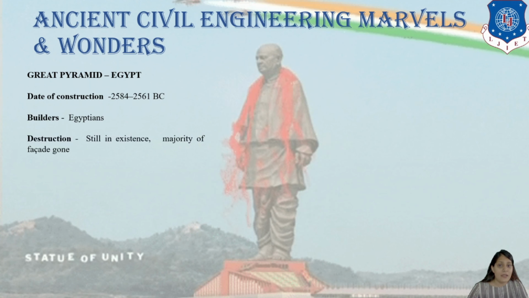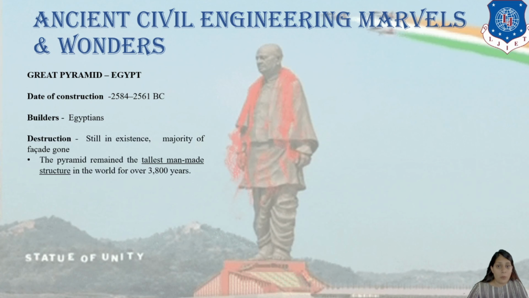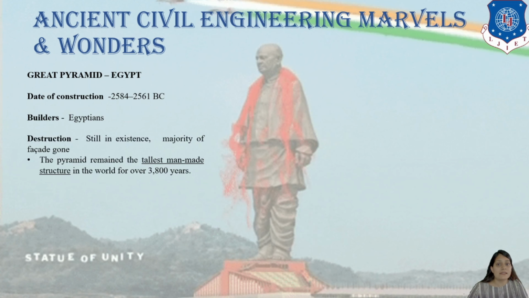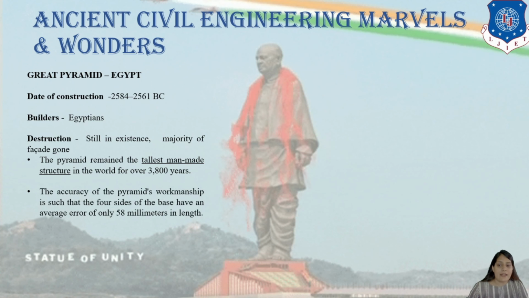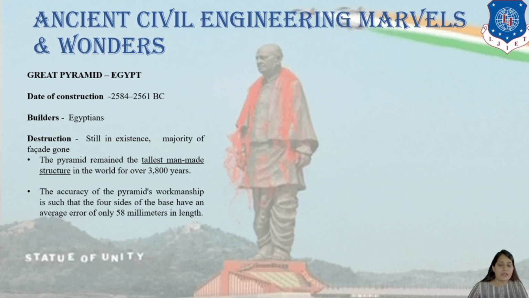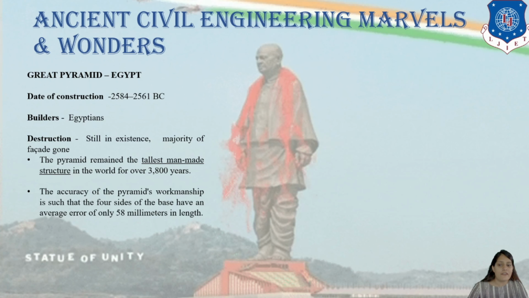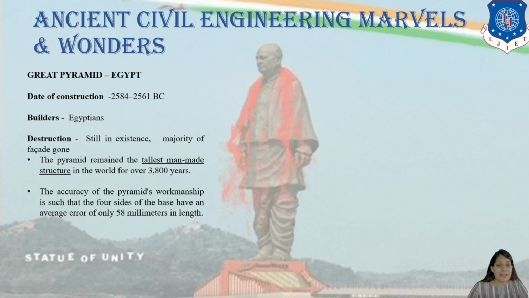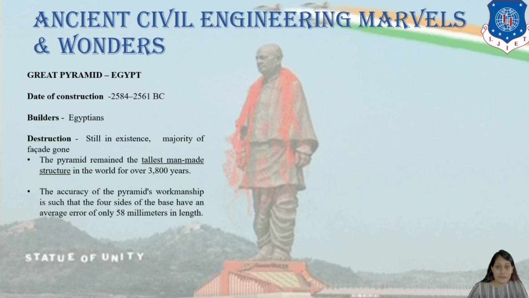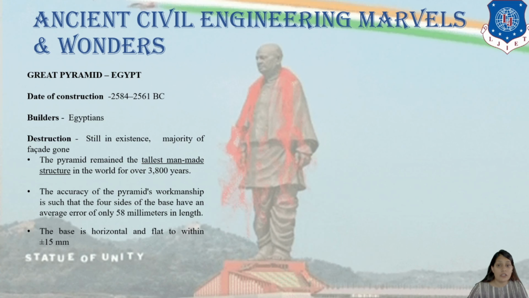During that period of time, it was a very important structure, said to be the world's largest construction. The accuracy of the pyramid's workmanship is such that both sides of the base have an average error of only 58 millimeters in length. You can see that during that period of time we didn't have many structural codes,